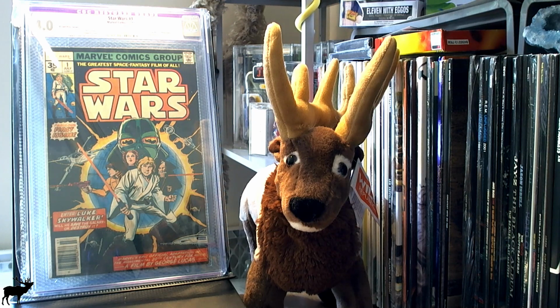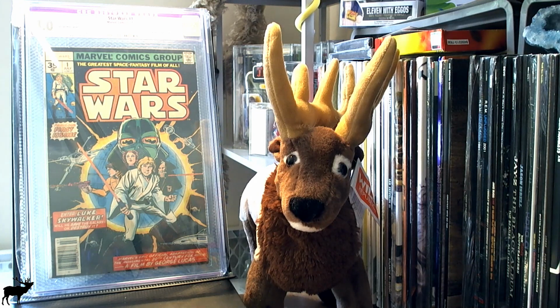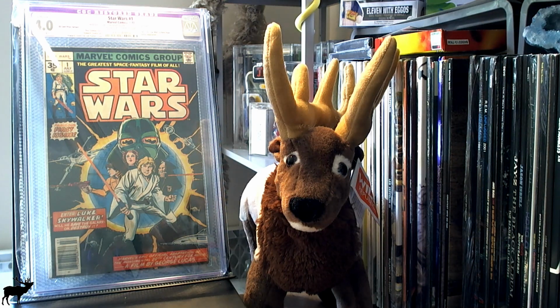But as some of you know, I collect a lot of vintage Star Wars figures. Sometimes you can kind of see them behind the comics, but I also have a lot of the rare and hard to find ones. So this comic will actually not go into my comic collection. It'll go into the Star Wars part of it, and there I'm a little less concerned about resale, not that I really ever sell anything, but